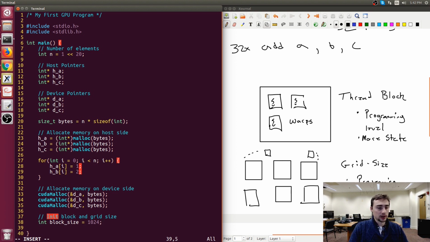So we'll do a set block size, and then other than a block size, we need a grid size. So int grid size. Now, if we already know that we're going to be launching 1024 threads per thread block, then it becomes fairly trivial what the number of thread blocks we need to launch is. It's just going to be the number of elements divided by 1024, which is what we'll do here. So we could directly do grid size is going to be n divided by block size,